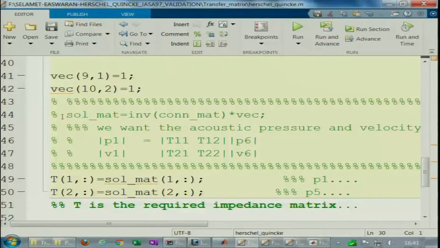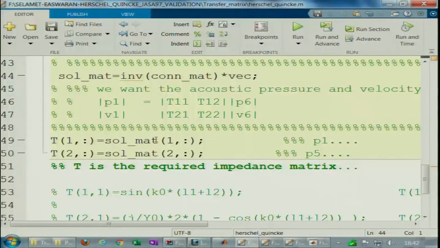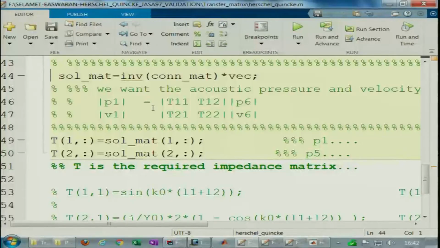Then it is as simple as inverting, writing a command solmat, that is basically your C matrix is A inverse B kind of a thing. So, we get this. In a practical system this is 10 cross 10, but it can be 10,000 cross 10,000 also. So, this can be pretty challenging, and then we take only the first two rows because remember it is also about proper bookkeeping. So, one possible area of research is to develop an algorithm which will just look at the system and define the connectivity matrix in such a manner, dumping the elements at appropriate places using proper bookkeeping. These are all part of numerical techniques or training that one must go through.